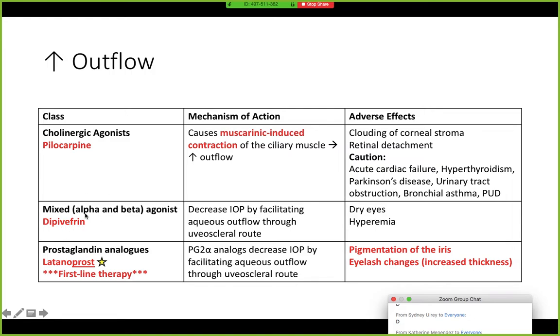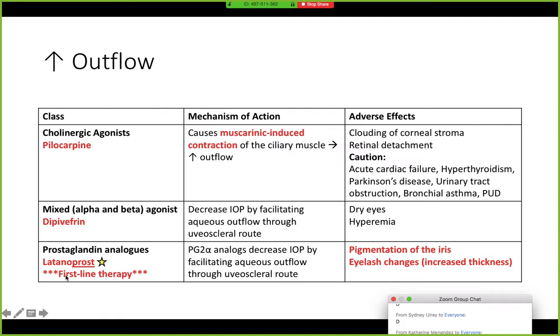Dipivefrin is your mixed alpha and beta agonist. And this one, along with the prostaglandin analogs, are both going to decrease intraocular pressure by facilitating aqueous outflow through the uveoscleral route. And then if I were to guess, it wouldn't surprise me if he didn't ask about latanoprost,